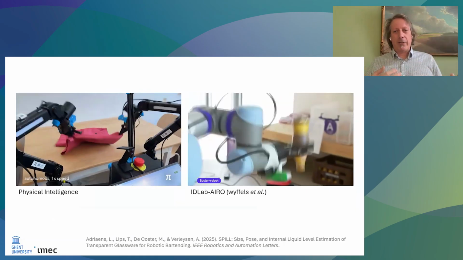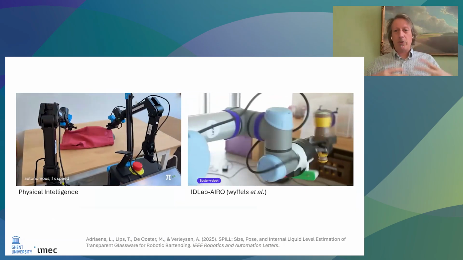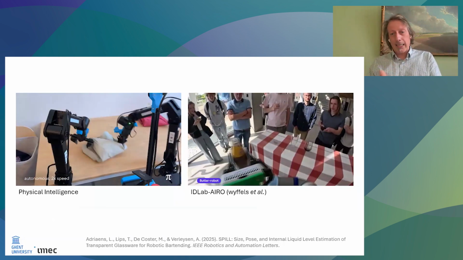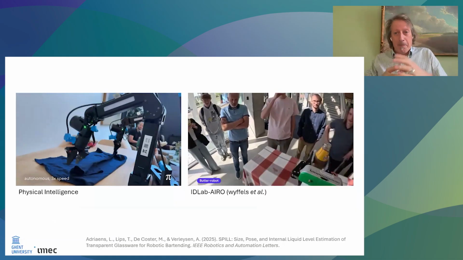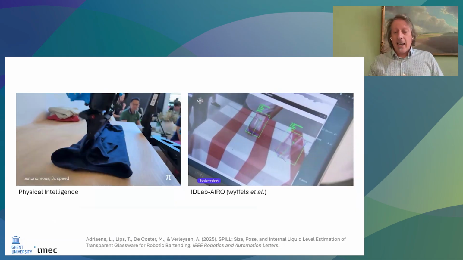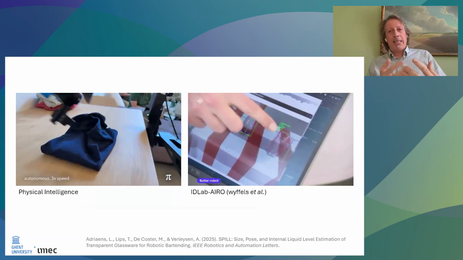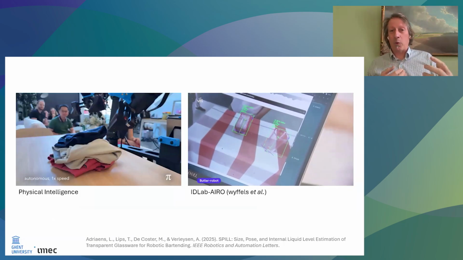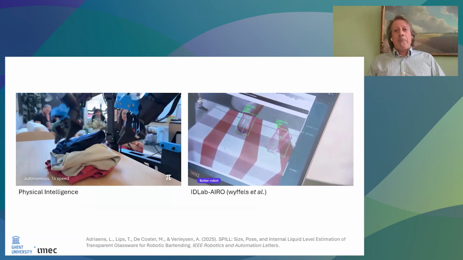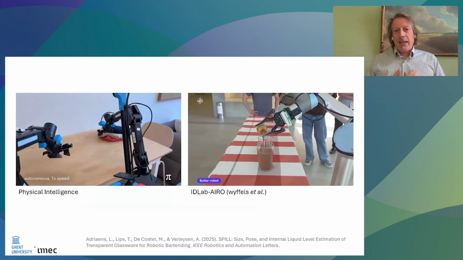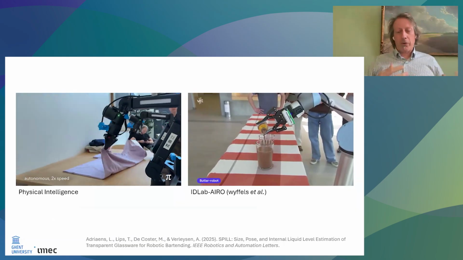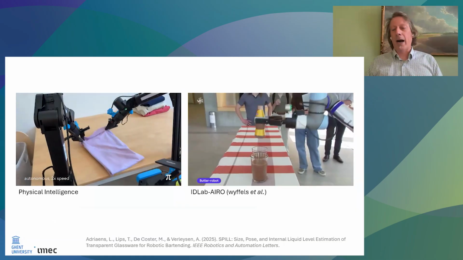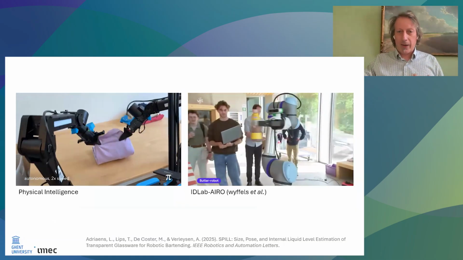So dealing with objects that deform the moment you touch them, or trying to find objects such as a glass that is transparent and thereby very difficult to actually see, and also very difficult to assess whether the glass is a very tall glass far away or a very small glass nearby. And perception is a first challenge, of course, but then taking actions and then perceiving the consequences of your actions is a big challenge there.